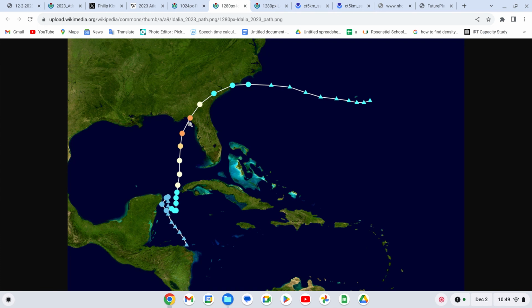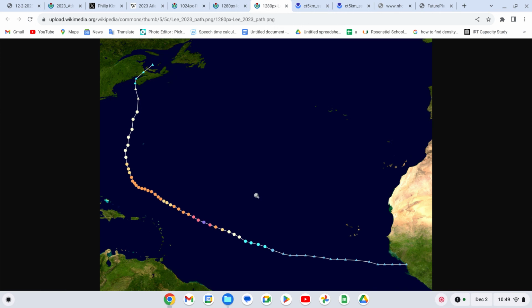notable, obviously, because it was a major landfall, but only amounted to around $2 billion in damage, so really not that significant. This part of Florida, I believe, isn't really that densely populated anyways, not especially compared to last year when we had Ian that came in around Fort Myers. That is a very densely populated area and a lot of property worth there, so the damages were very, very high with Ian, as opposed to Idalia this year, kind of the opposite. So we had Idalia. That was the most significant storm of the season in terms of impacts, but obviously the highest